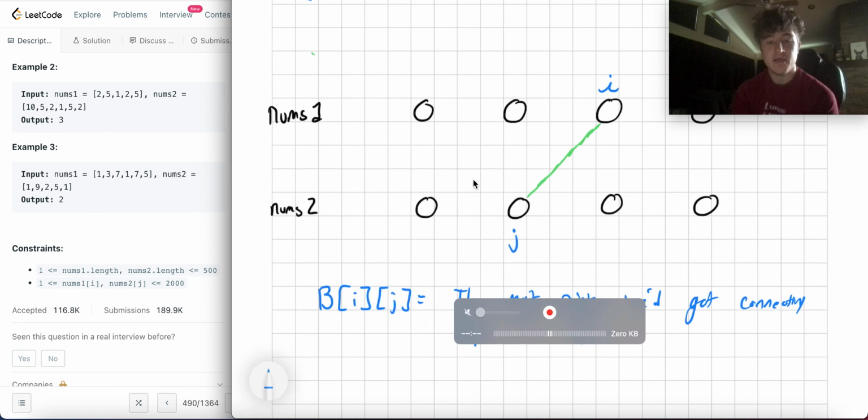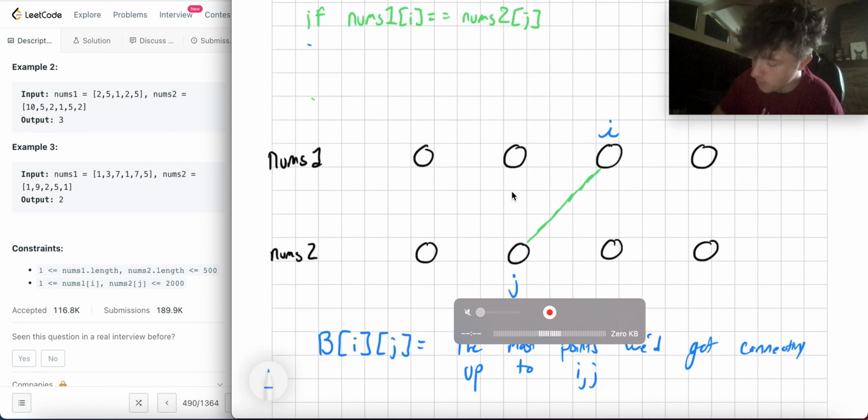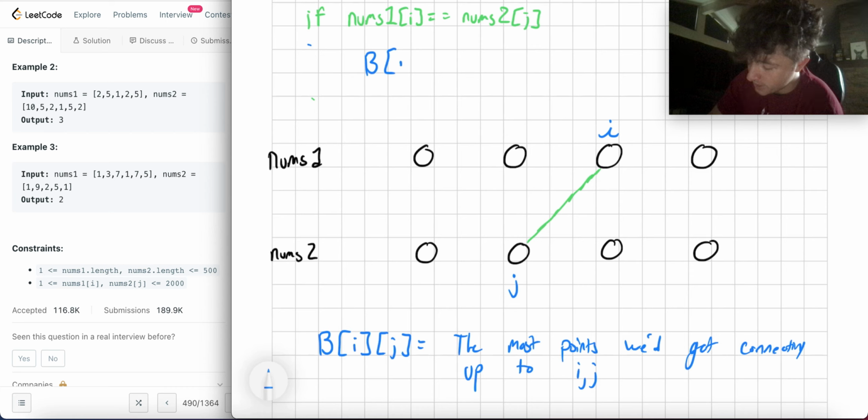So like the B of 1 would be the best solution up to this point going left, right? So it's the best solution from the left up to a point. So if we can connect I to J, we'd say, well, the best of ij is what then? If we can connect them, we'd get another point. We'd get 1 point, and then it would be the solution